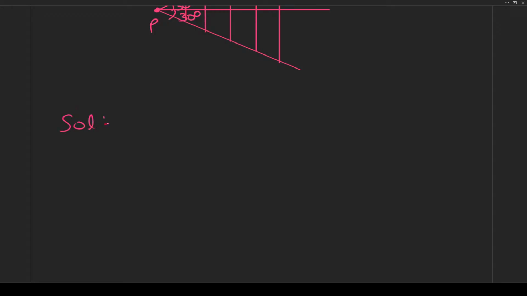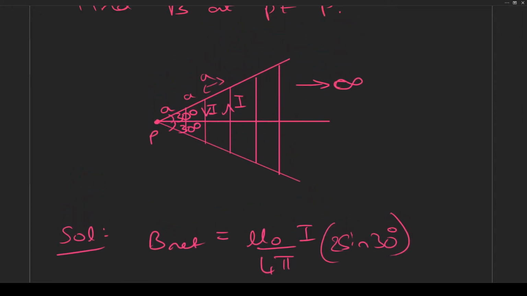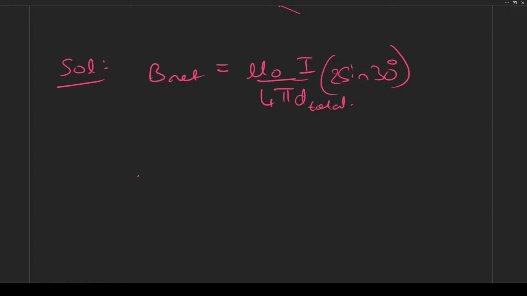Now the formula is the same, where B net is equal to mu naught by 4 pi I, 2 sine 30 degrees, where distance is this, and d total, if we take this as a formula, but d total,